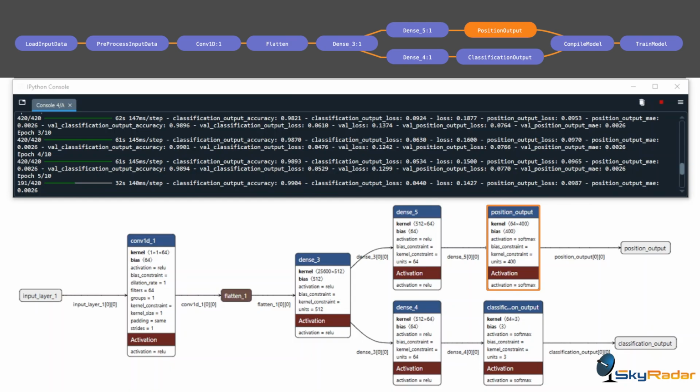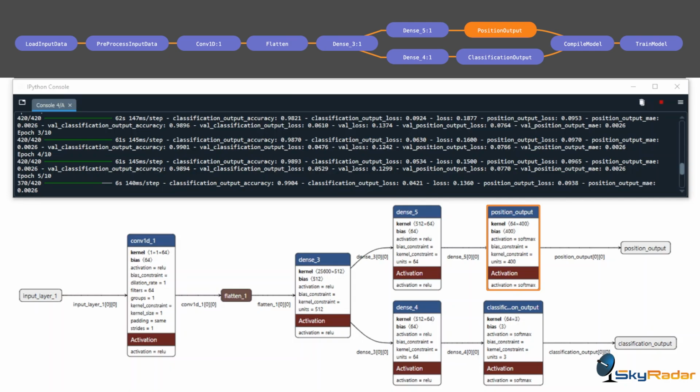The softmax activation function in this block ensures that the output represents a probability distribution over the 400 positions. The range of 20 meters with a resolution of 0.05 meters makes this output ideal for accurately localizing targets. When a target is present in the data, the softmax output produces a sharp peak close to a probability of 1 at the corresponding position,